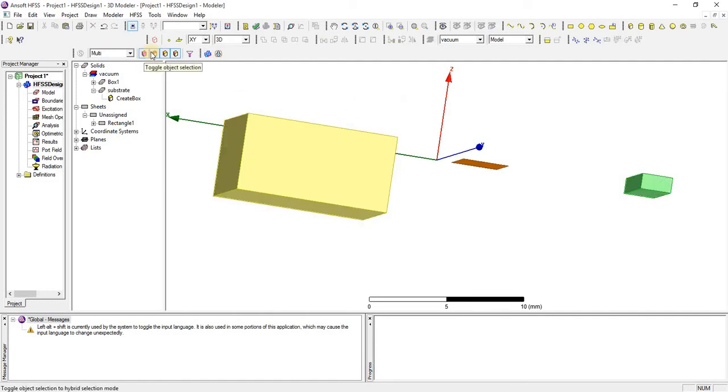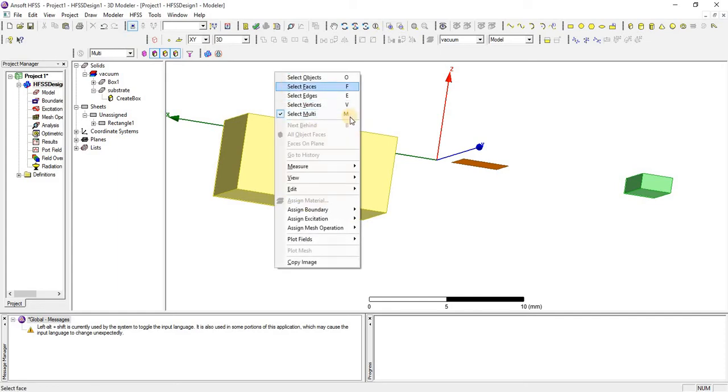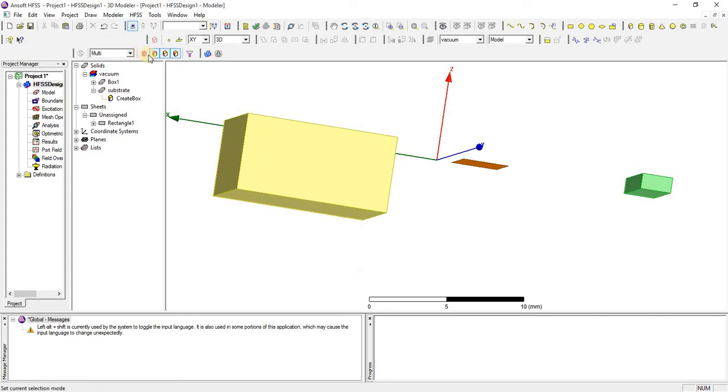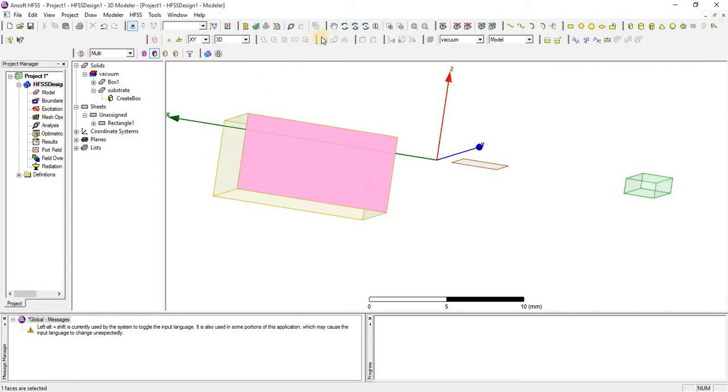In multiple you can click from here whatever you want to select. If I want to select multiple faces, just in this way, just rotate.